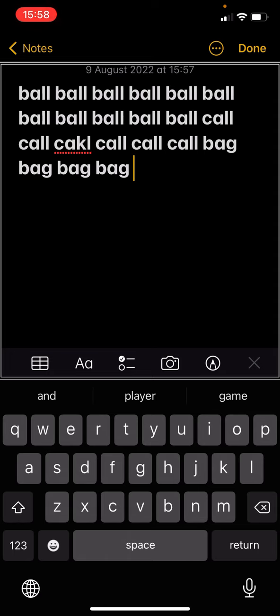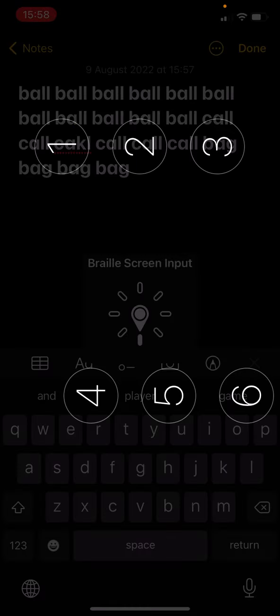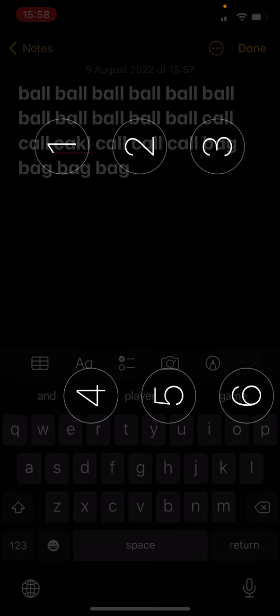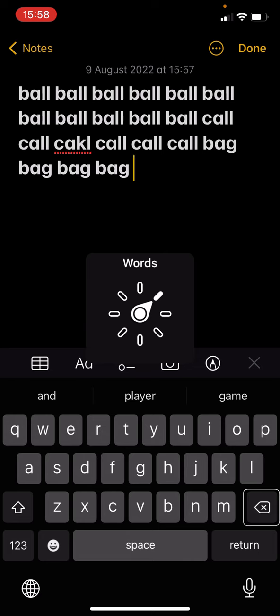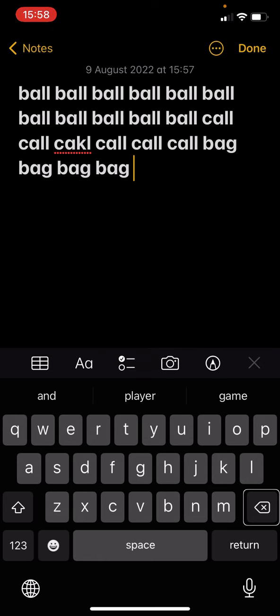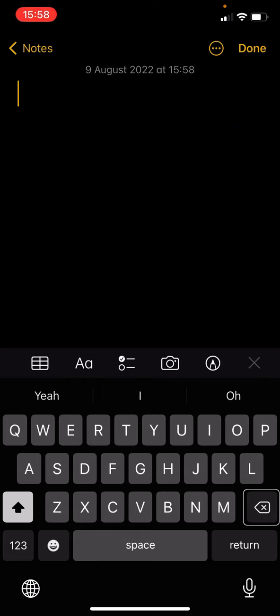Anyway, to delete all this, I'm going to place my finger on the regular keyboard until I get to edit. Words. Speaking rate. Braille table. Braille screen input. Orientation locks. Landscape. Charge port to the right. Screen away mode. 6 dot. Stopping braille portrait. Delete. Select all. Double tap on select all and tap on delete. Selection deleted. Now, I didn't explain the way you put space and backspace on the braille screen input,